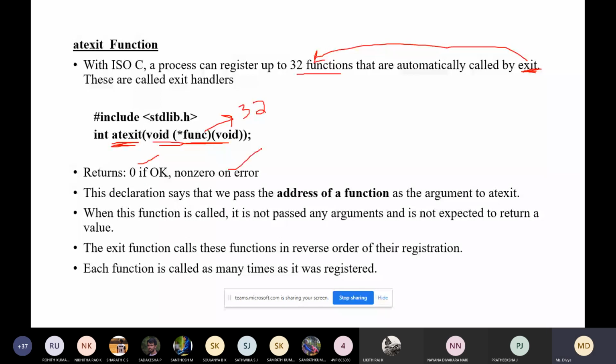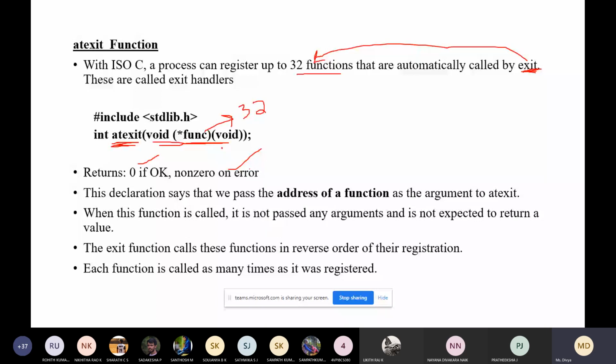This declaration says that we pass the address of the function as an argument to atexit. When this function is called, it is not passed any argument, and it is not expected to return a value.